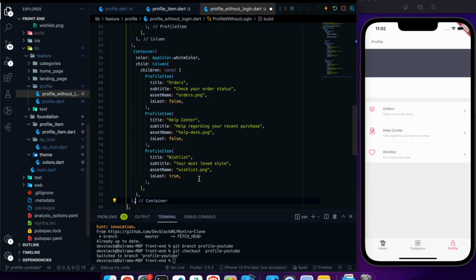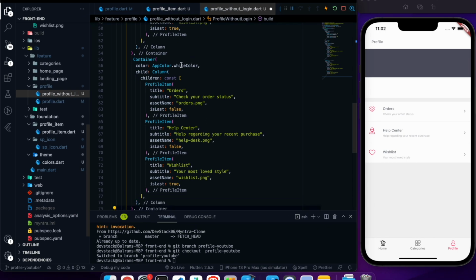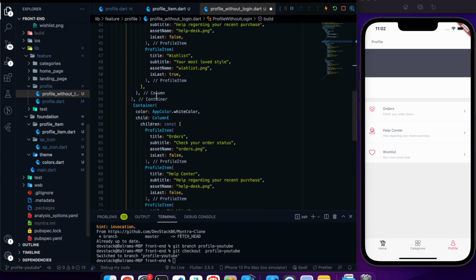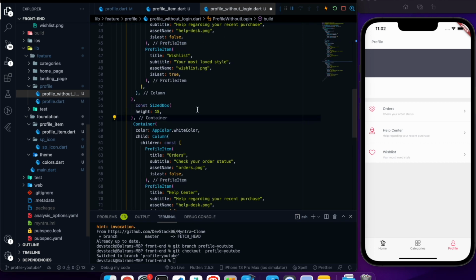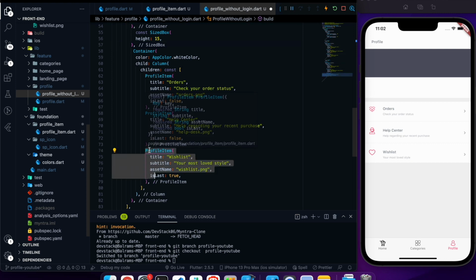Okay, and also I will put the white color. I need to have some padding between the upper container and the lower container. Okay, we need to have just two things.